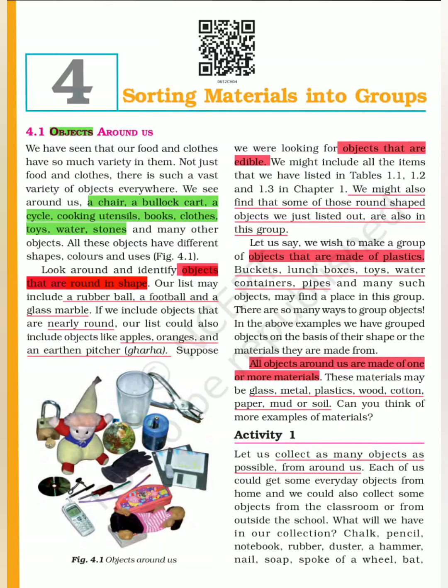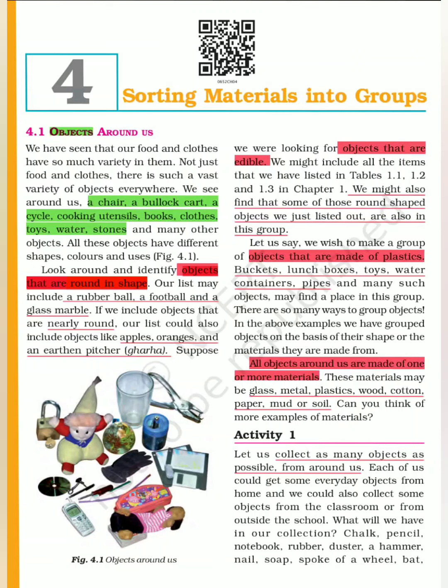Other than this, you can see that some objects are made with plastic and others are made with wood or cotton, etc. So the matter an object is made of, or whatever an object is made of, is called material. There can be different types of materials like plastic, wood, steel, glass. So let's understand objects and materials in more detail.